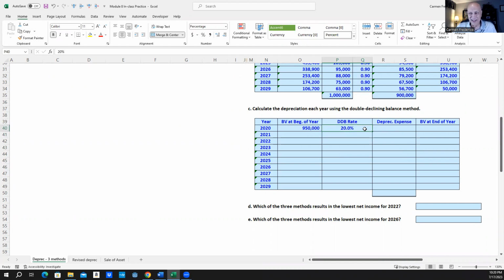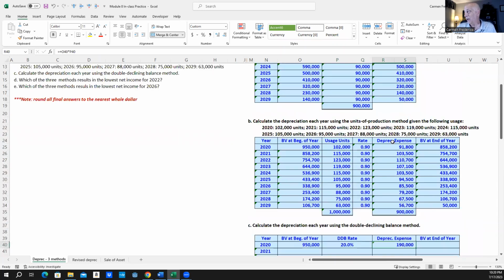You basically divide the number of years useful life into 100, and then you multiply it by 2. So the depreciation expense in the first year is going to be the $950,000 times 20%. We don't strip out the salvage value in this calculation because we're basing our depreciation on, it's called double declining balance. The balance is always going to be the book value. You're taking the depreciation on the book value. So you're taking 20% of the depreciation in the first year,